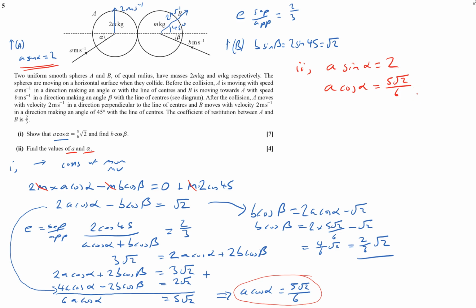Well, it's easy. I'm just going to divide those two. That will give me tan alpha equals 2 over 5 root 2 over 6. And that on my calculator gives me 6 root 2 over 5. And therefore alpha equals tan to the minus 1 of that, which is